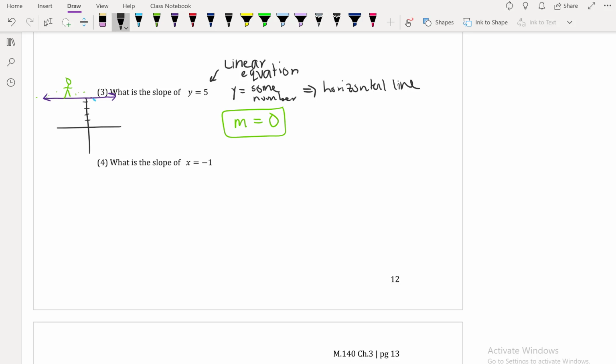Now let's look at its opposite. This is saying what is the slope of x is equal to -1. So again, this is a linear equation, but this one is slightly different. This is x is equal to some number. So it's not going to be horizontal, but kind of like its opposite, you can think of it as being a vertical line. So graphically,